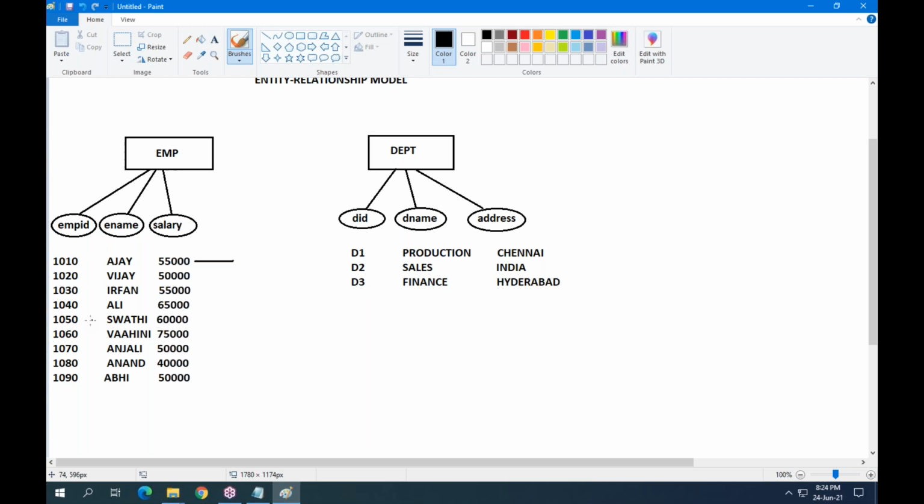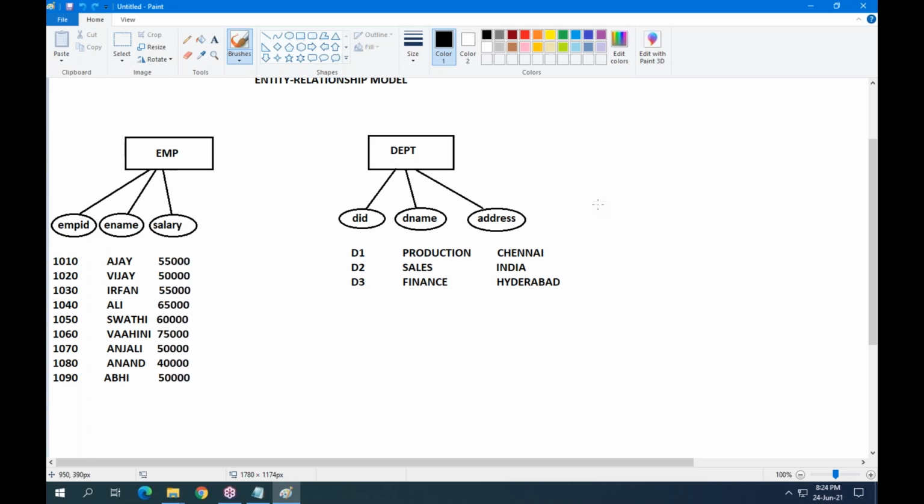What is the working location of employee Swati? We don't know. So you are missing data. If there is no relation, then you are missing data. If you don't want to miss the data, we should define relation.